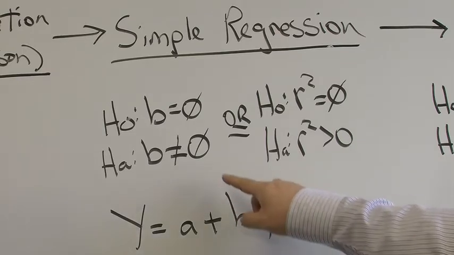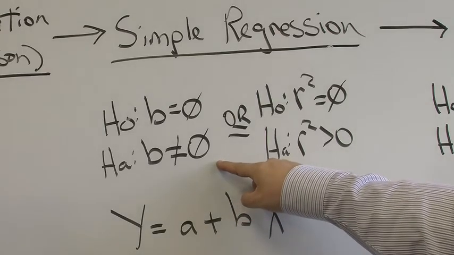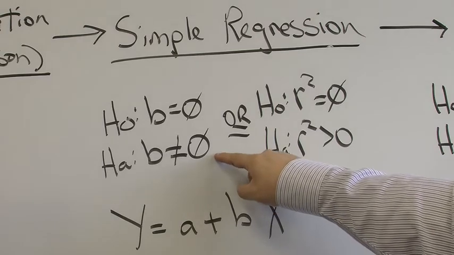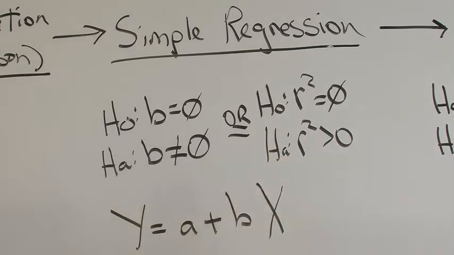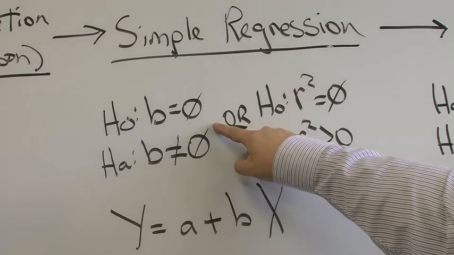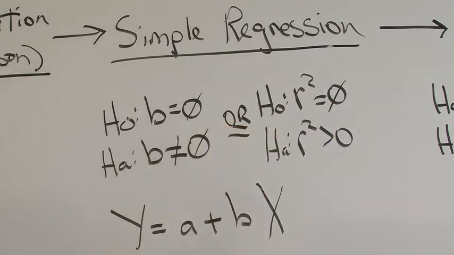0 or not? Now we could write the alternative in a one-tail sense. I just happen to have it set up in the two-tail sense here. And that's actually going to be far more common in any work that you do, okay? If the slope of the regression line is 0, then that means that x cannot be used to predict y,